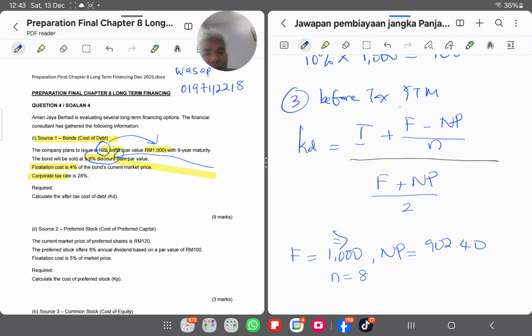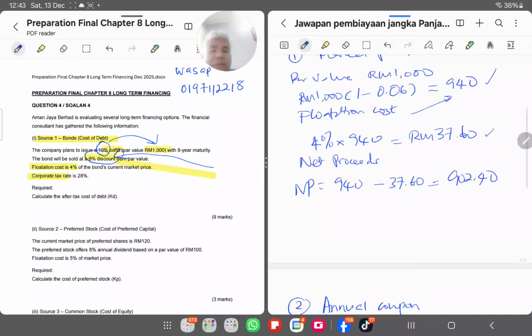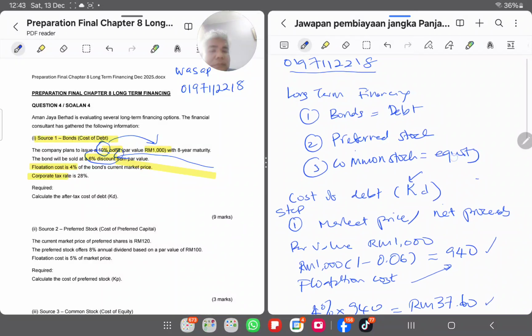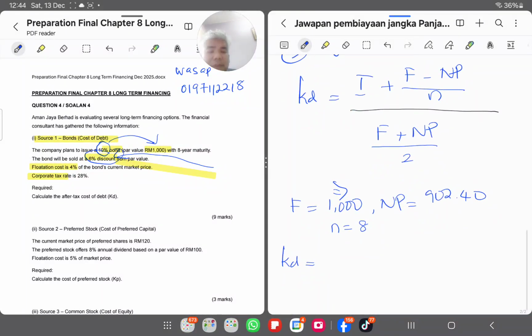Okay, for this, you can go directly to the formula. I is RM 100. R is 100, referred to the coupon, plus F is 1000, minus NP 902.40, divided by N is 8,